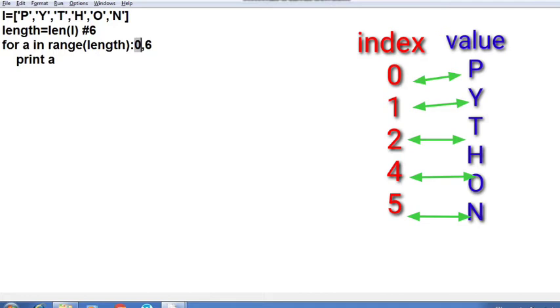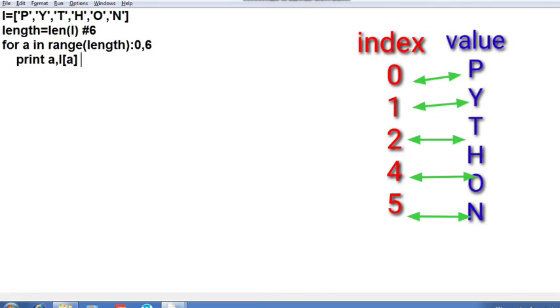So 1 will be printed, but we have to print the elements also with each position. So we will write a comma, and then we will write list A position. It means it is going to print the position, and from the list it is going to print the index which is 0, and then the element which is present at the 0 index will be printed like this, list A position. So it means list 0 position.